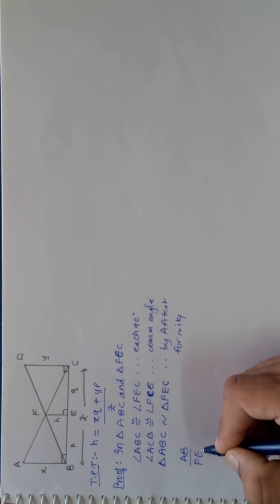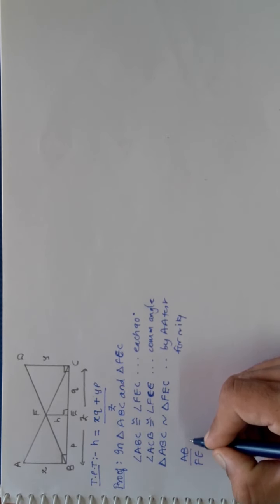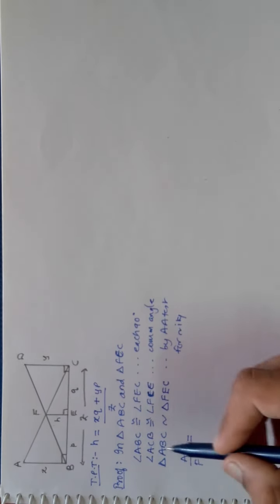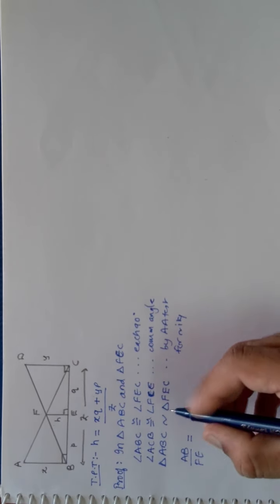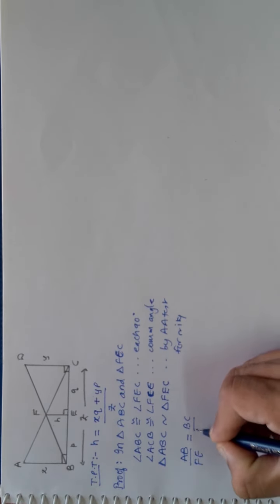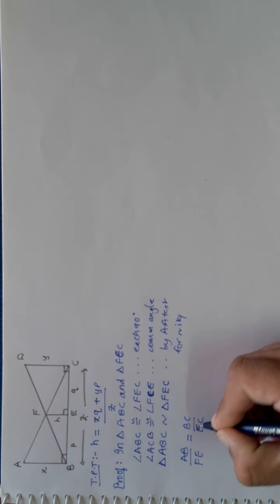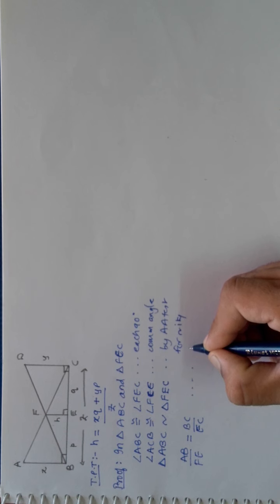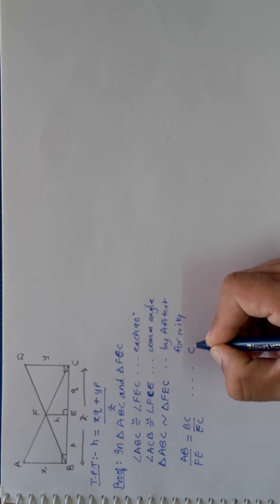So now AB is to FE I took. So whom will I take equal to? Am I going to take all? No, I am going to drop this AC. That means AC I will not take. So I will take only BC is to, second third is to second third, that is EC. Agreed? So these are the corresponding sides I took.